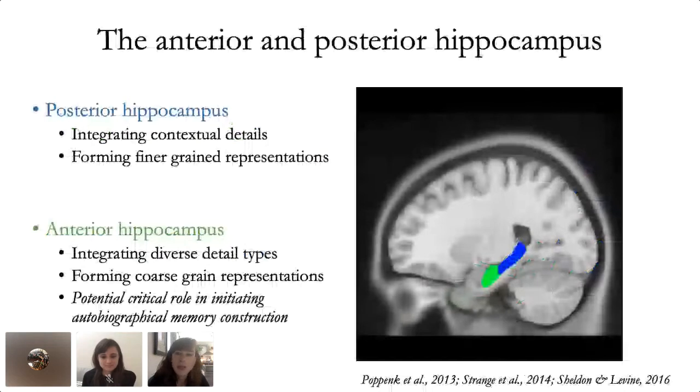So the proposal is that the hippocampus could be the site of integration between these two systems. Now, within the hippocampus, there are indications of functional specializations that do pertain to memory. So there's structural and functional evidence that the posterior hippocampus preferentially supports processing contextual details needed for forming finer grained memory representations. And the anterior hippocampus is important for integrating more diverse types of details, processing the global aspects of